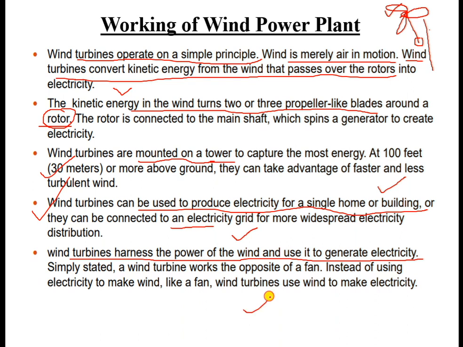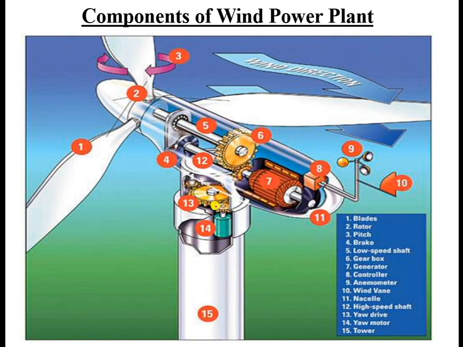Again, one important thing I wanted to tell you: why are winds formed, and why do we get a huge amount of velocity in winds? That is due to the temperature effect, and the temperature effect is formed due to the sun. So, indirectly, it is associated with solar energy. That is important, so try to remember this. Okay, now we will go to the next one. This is a simple figure which gives you a detailed idea of the various components of this wind power plant. Try to remember this only, nothing else.